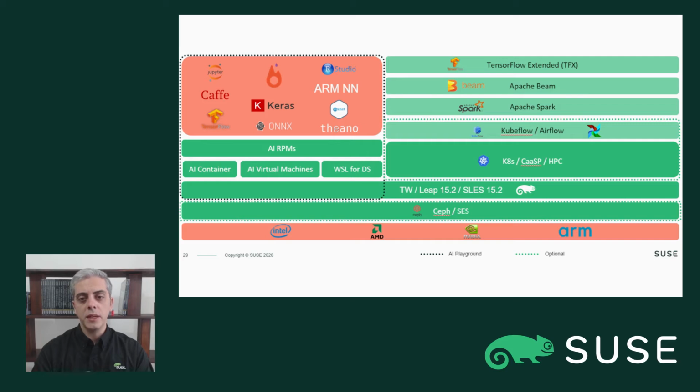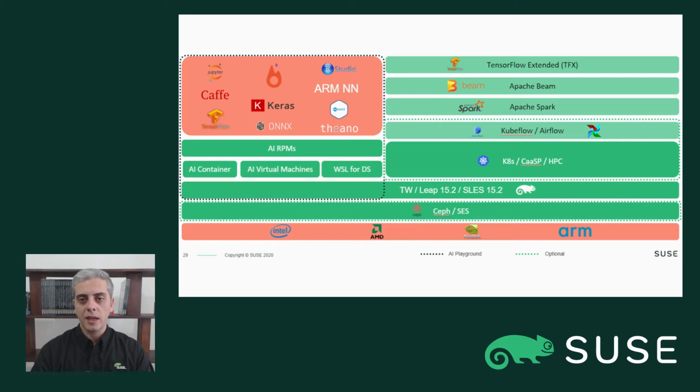TFX allows the building of a complete machine learning pipeline, and it is becoming more and more popular due to its strong relation with TensorFlow. A TFX pipeline is nothing more than a machine learning pipeline in more general terms. It's a sequence of components that implement a machine learning pipeline which specifically is designed for scalable, high-performance machine learning tasks.